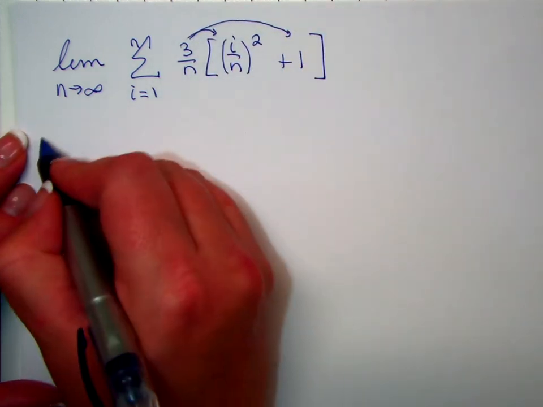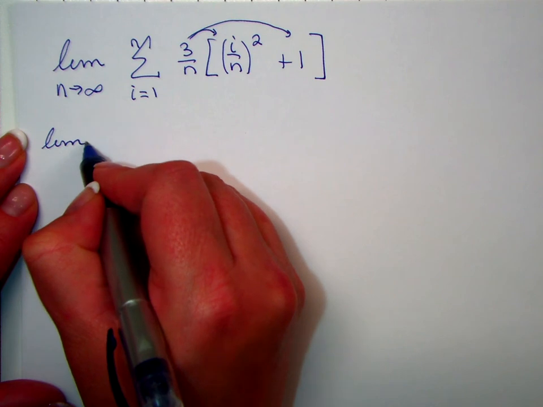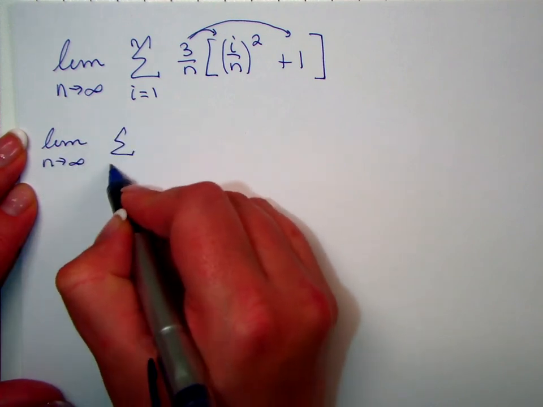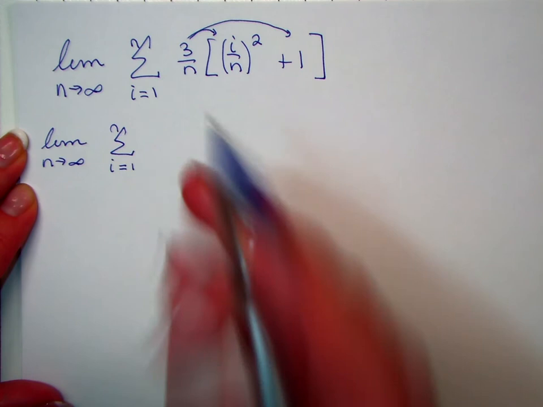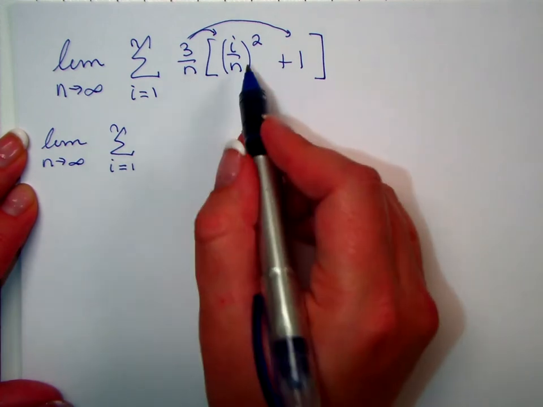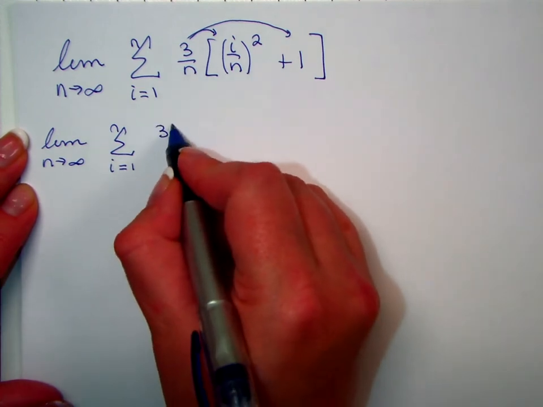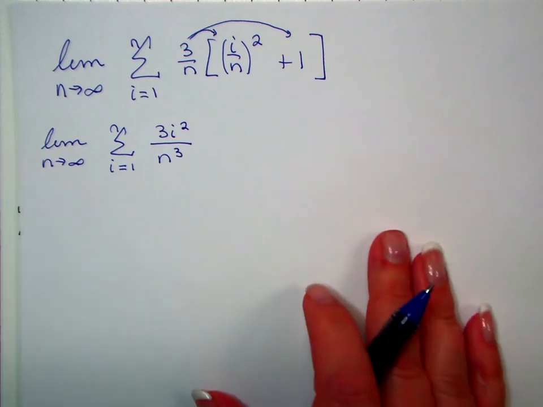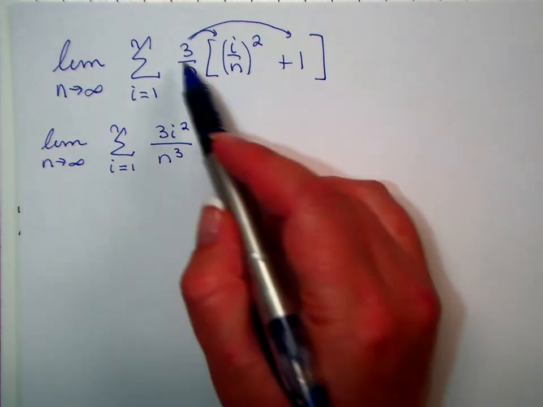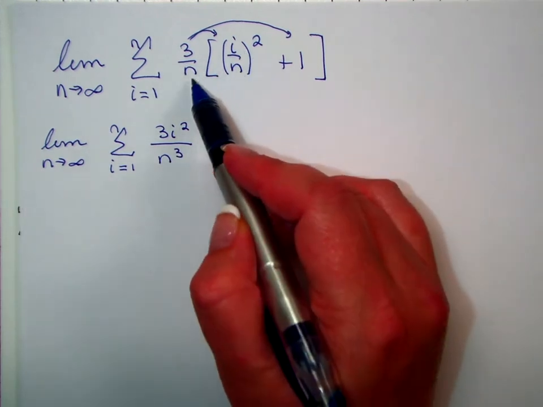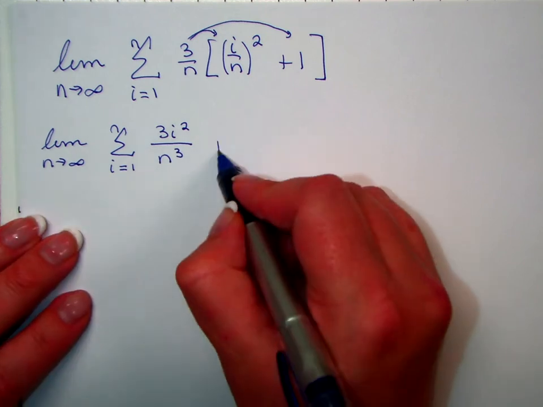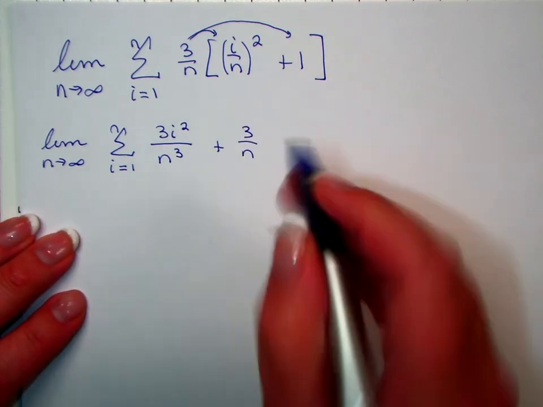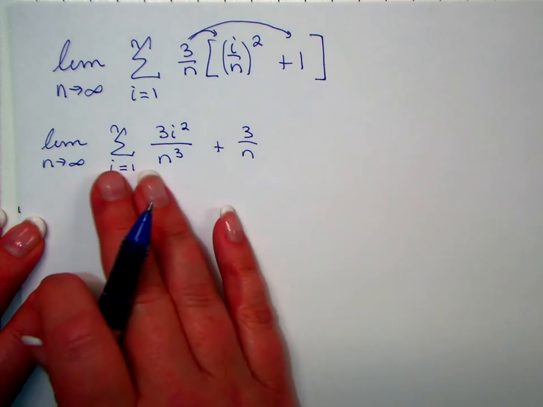So I have the limit of the sum, and my first term is 3i squared over n cubed, right? Because we have 3i squared on top. n squared times n is n cubed. And then if I distribute the 3 over n, I get 3 over n, right? So now I am summing